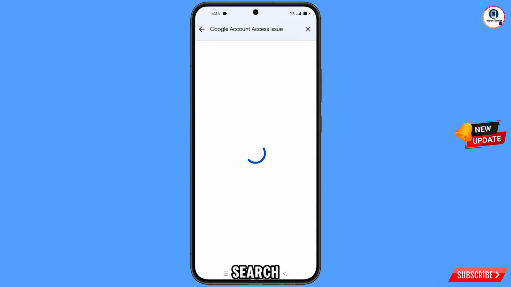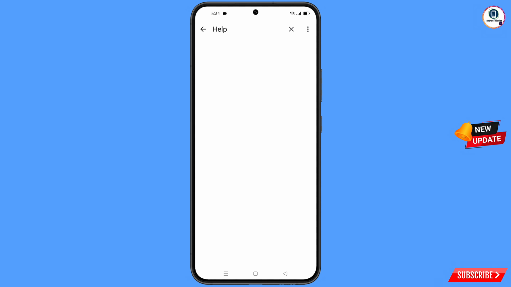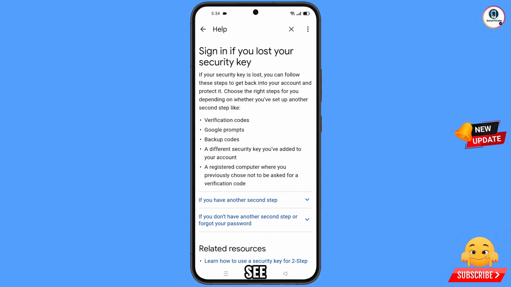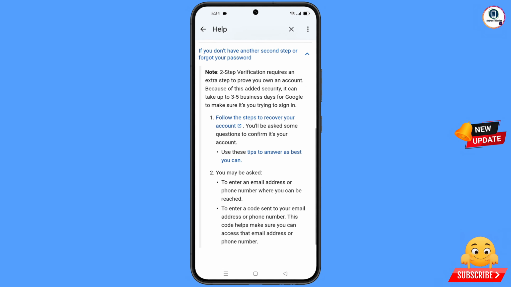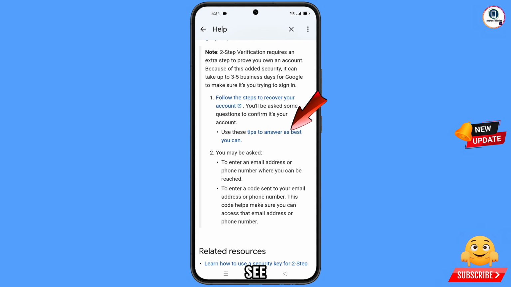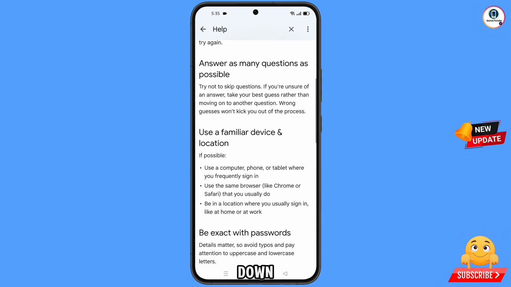Tap on search and then here you will see bunch of options. From here you have to select second option. Tap on it and then here you will see if you don't have another second step or forgot your password. Tap on this option, scroll down. Here you will see option tips to answer as best as you can. Tap on this option, scroll down